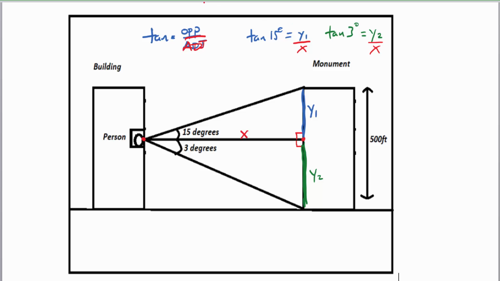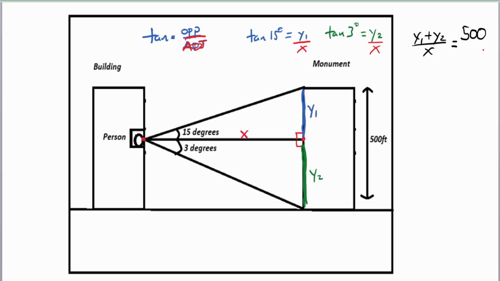And now if I decide to add them together, because look, I have common denominators here, then those added together is going to be y sub 1 plus y sub 2 divided by x. Now x is actually what we're trying to find, which is pretty sweet, right? But you'll notice that y sub 1 plus y sub 2 is actually the height of our monument, which is